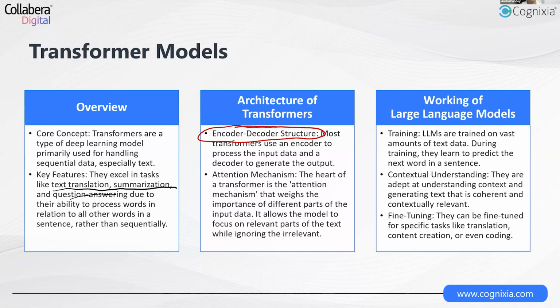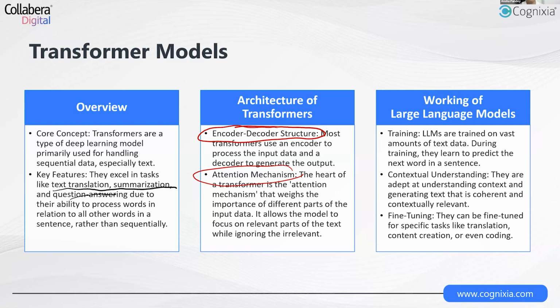Now, within encoder-decoder, in order to enable encoders and decoders to effectively generate and leverage the context vector, the concept of attention mechanism is used. Attention mechanism was first proposed by researchers at Google back in 2018, and then it kind of blew up the world, right? That's why it became quite popular and almost everyone started using it. So large language models are very widely built with transformers, and transformers are primarily trained with a huge amount of text data to work with and understand, process human language, natural language.